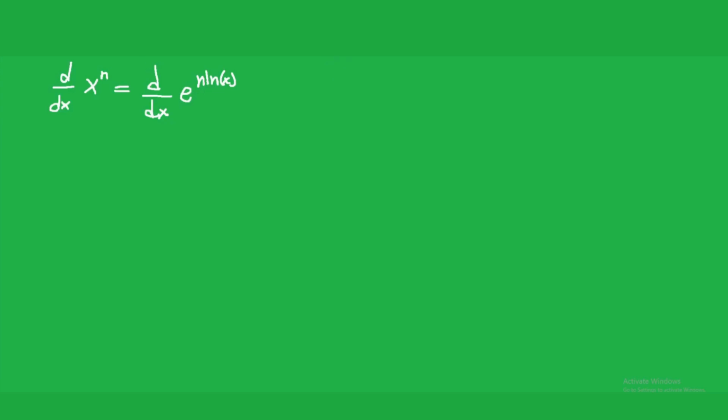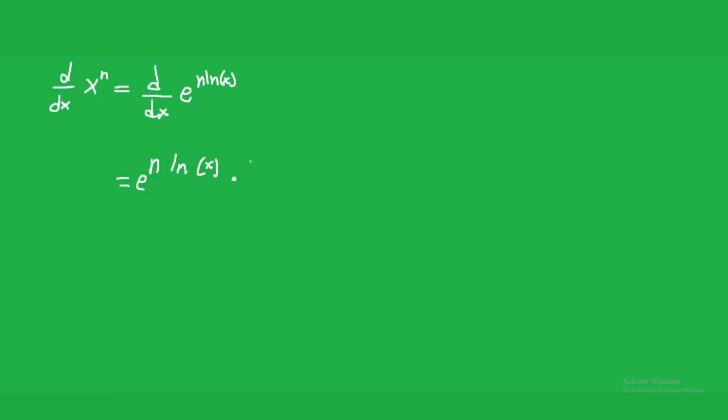I know n ln x looks like it might be its own thing, but it's not. That's just an n times the natural log of x. If that looked confusing, I'm sorry. But anyways, now we're going to say this is equal to, and we're going to use the chain rule here, e to the n ln of x times the derivative of n ln of x,